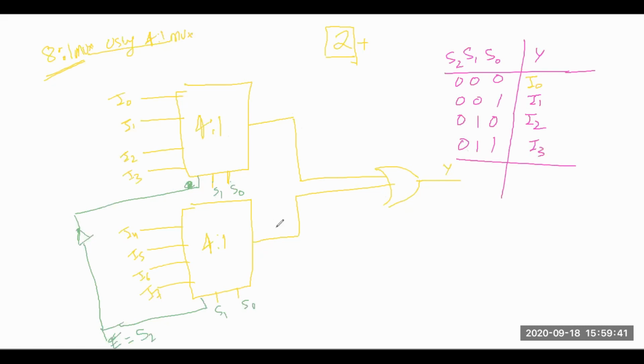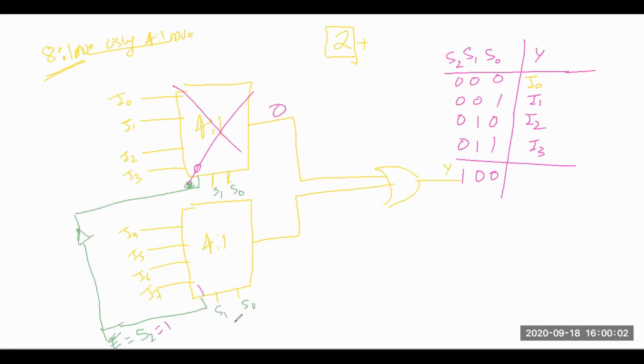So till this point, this lower one is inactive. Now come to this situation when it is 1 0 0. If you are giving this S0 as 1, meaning here you are giving 0, here you are giving 1, this full thing will be inactive here. Always you will get 0.